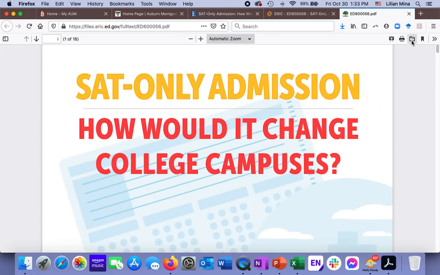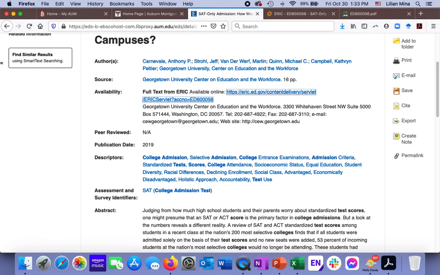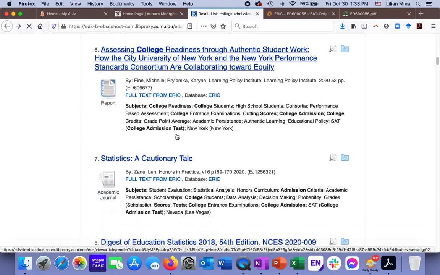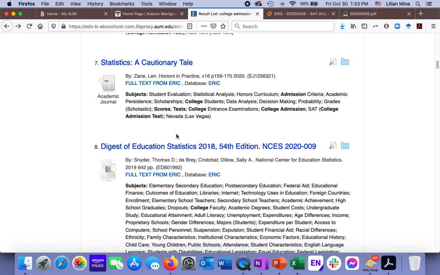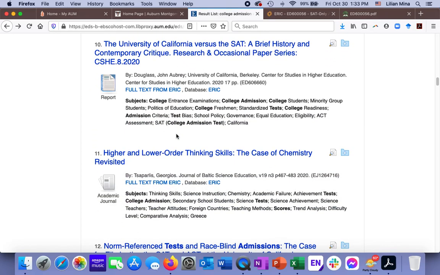And then you can download this and save it to your computer. Okay, so you have a lot of interesting, relevant, and credible sources here at the AUM website, the library database, okay?